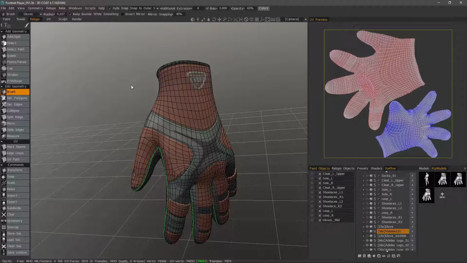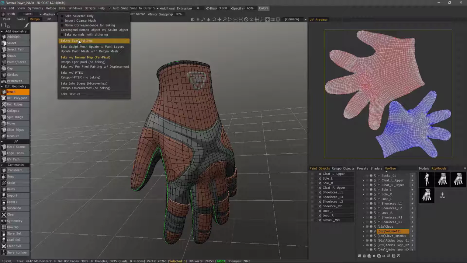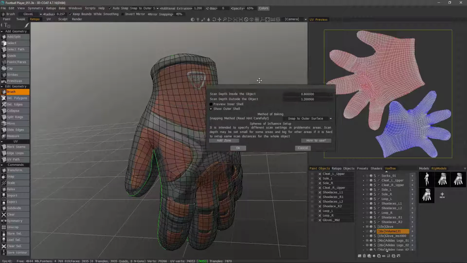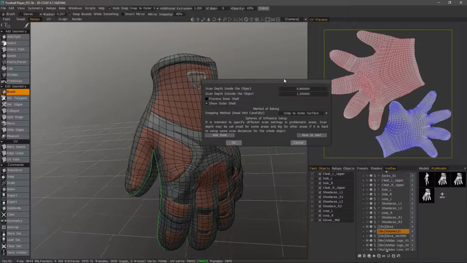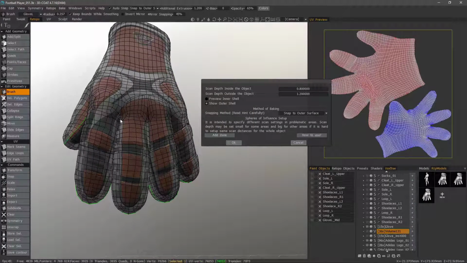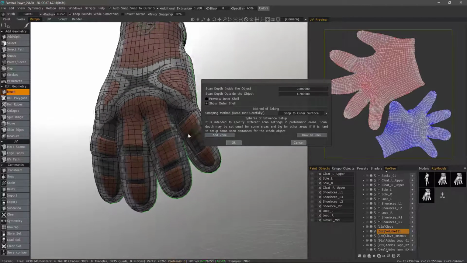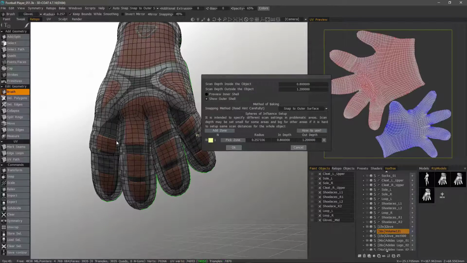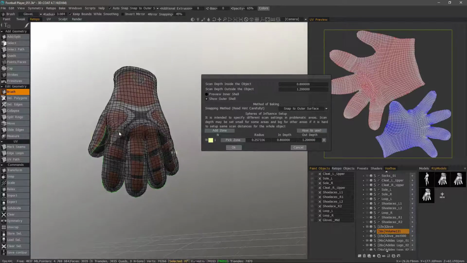Alright, skipping forward just a few moments, I did some further work on the Retopo mesh in terms of applying subdivision, and I set up the baking cages, the inner and outer depth. I would also advise that anytime you have very tight areas of your model where there is a little bit of overlap, you may want to add some zones. What I mean by that